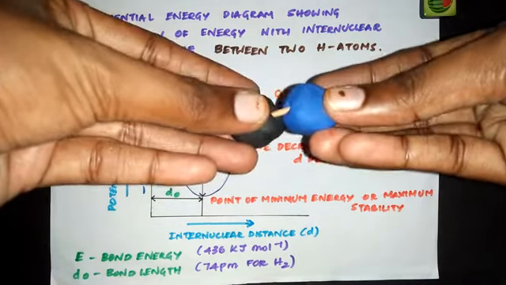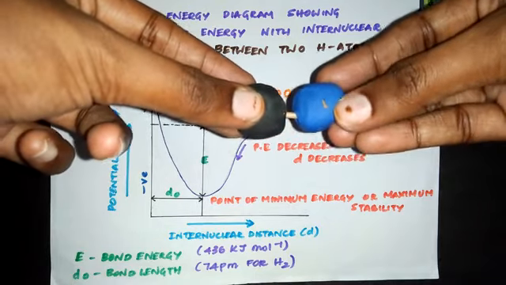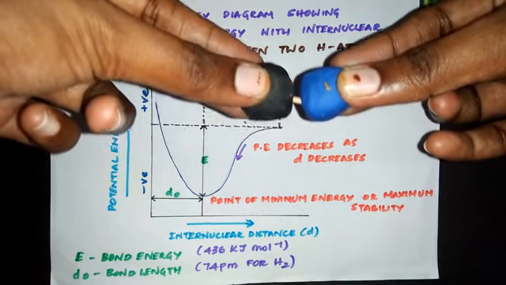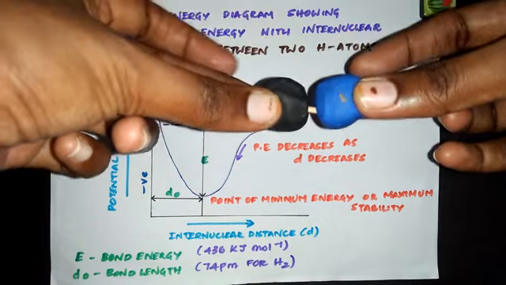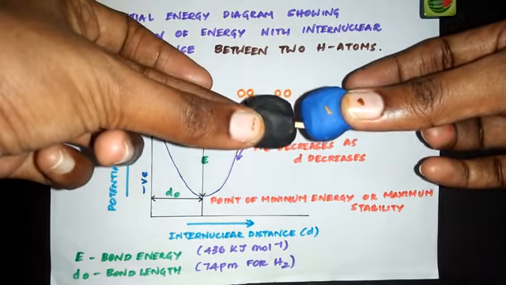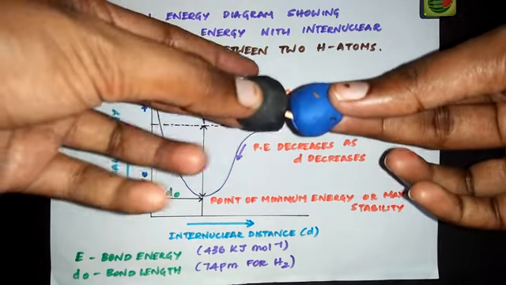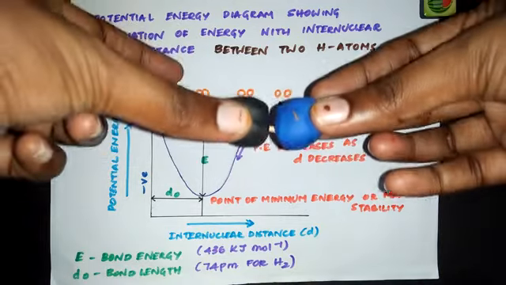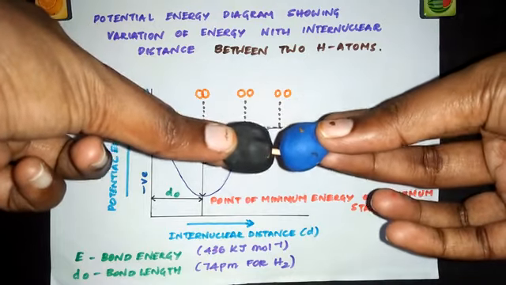See, as I told you, at a certain equilibrium distance, the forces of attraction are balanced by the forces of repulsion, and the energy of the system becomes minimum. In this situation, the two hydrogen atoms are said to be bonded together. So they have formed a molecule because it is more stable. When they are bonded together, they are forming a stable system. At this distance, they are stable, and we call this a molecule of hydrogen.